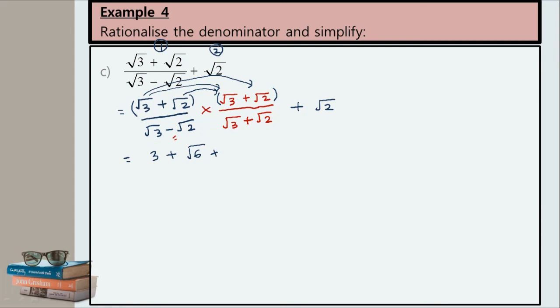So again plus surd 6, surd 2 times surd 2, surd yang sama, 2, over,